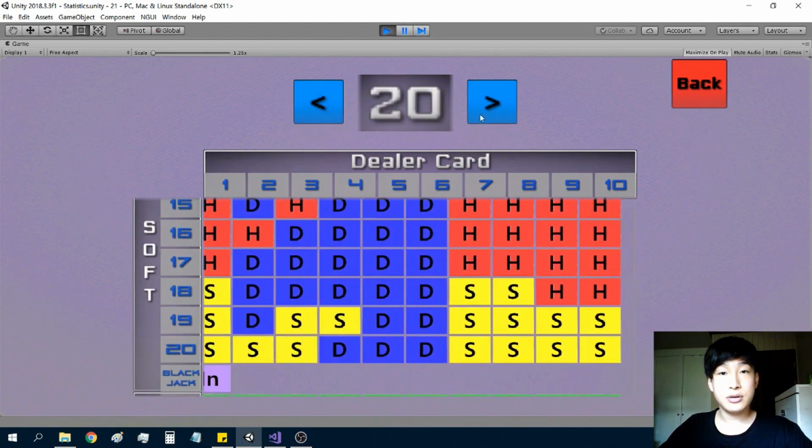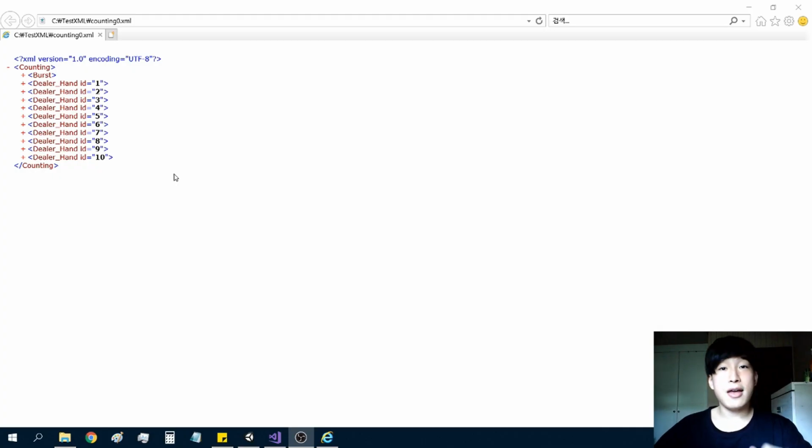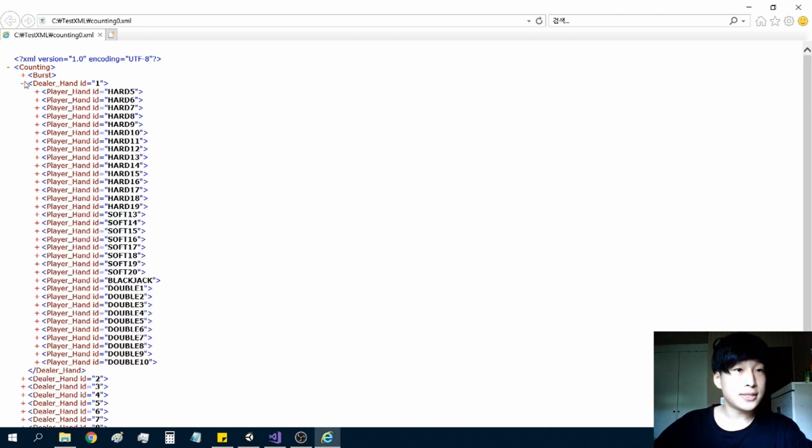And here, and here. And this is the actual code of our database, in XML. This first element, we're going to take it later. And this here has all the elements covering the index of the dealer's open card, from 1 to 10. And if you go into one of these, you can see that each dealer hand element has all the indexes